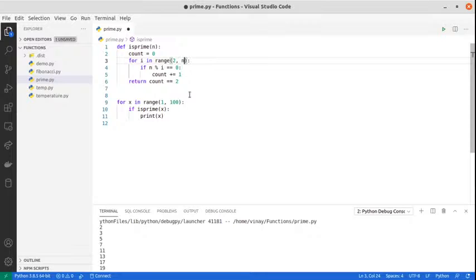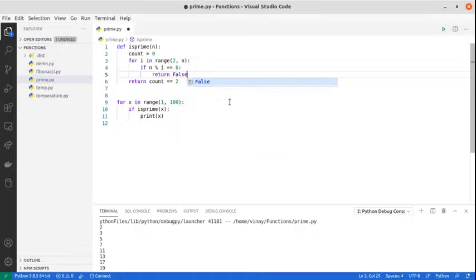We are not starting from 1, and we are not going till the number. Because when you say range 2 comma n, the loop will start from 2, 3, 4 and it will stop 1 before. So if the value of n is 10, it will stop at 9. So obviously if the number is getting divided by any number in between, it's not a prime. Make sense? So what we can do over here is we can say